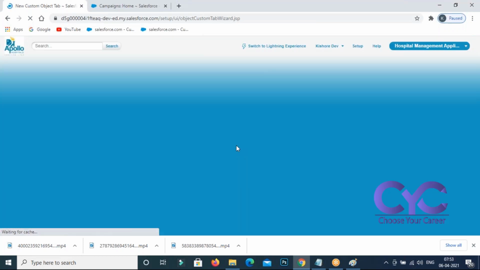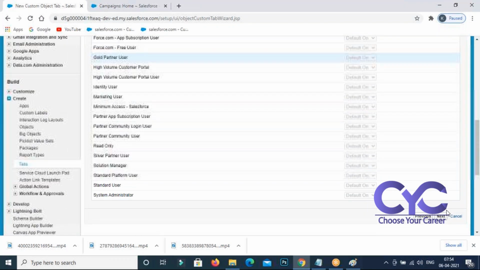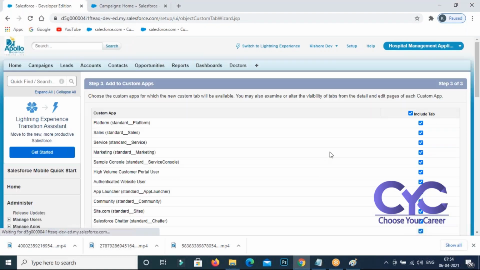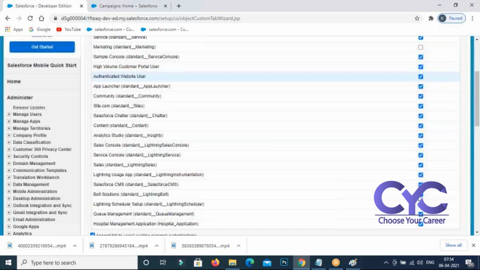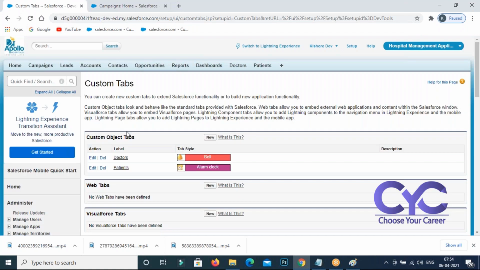Go to the next. It is visible for... Now I don't want to see this tab in the sales, and I don't want to see this in the marketing also. Same thing, and save it. Your tab is going to be created here. Look at this, the Patients tab is there, and the Doctors tab is there.